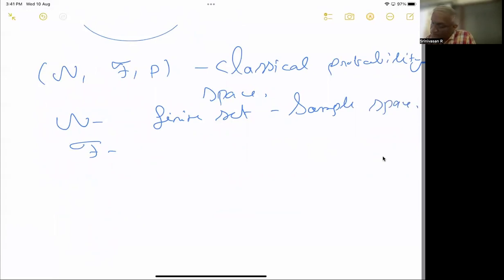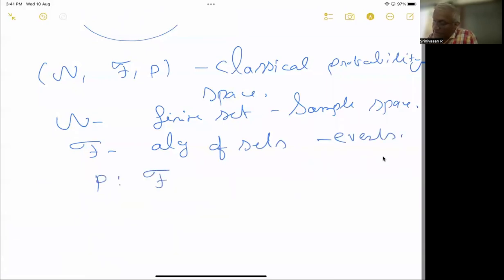And script F is the algebra. What I mean by algebra: usually in an algebra you can add things, multiply things, and take scalar multiples. Here, this is an algebra of sets: you can take union, intersection, and complement, and the whole set is there. So it's a different algebra, called a Boolean algebra. So it's a Boolean algebra of sets, which are called events. These are yes or no questions, and P is a probability measure from here to [0,1], which satisfies the condition P of omega equal to 1, P of the empty set equal to 0,